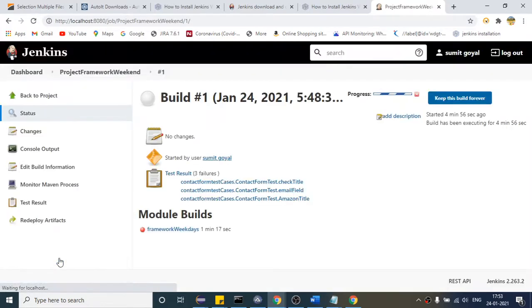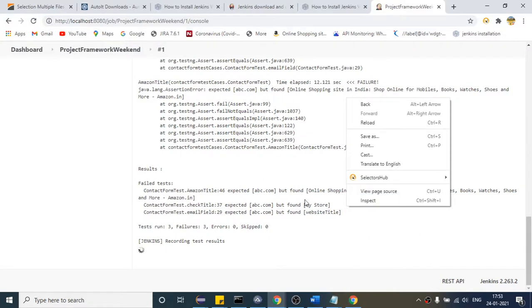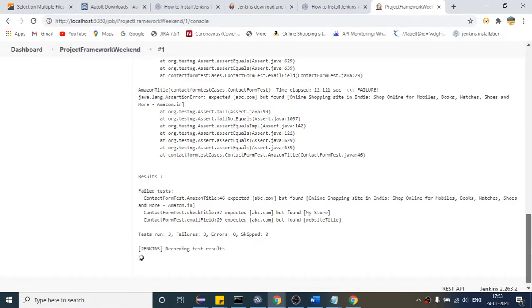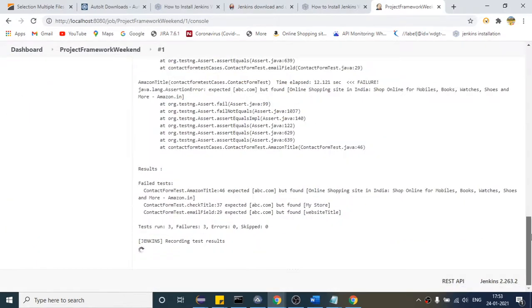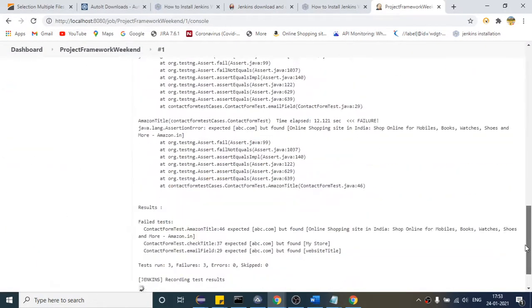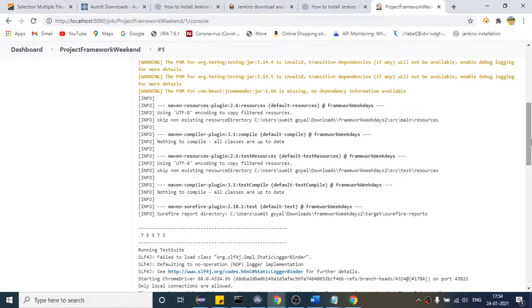I think it has stuck, so I need to run it again. If I click this, so click this.